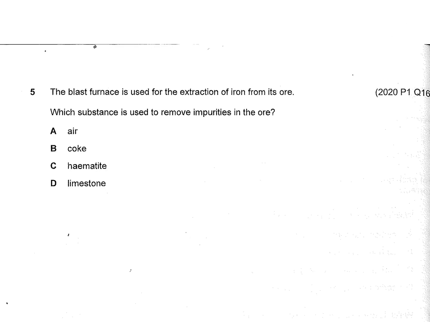Alright, let's look at your MCQ number 5. The blast furnace is used for the extraction of iron from its ore. Which of the substances can be used to remove impurity from the metal ore? Okay, so the 3 main raw materials added into your blast furnace are actually coke, your hematite, as well as your limestone. Okay, air is actually entering from the bottom, but it's not considered a raw material. The first 2 raw materials are actually used in the extraction of iron. Okay, so leaving the last raw material, which is the one that is added to remove the acidic impurity from the blast furnace. So answer for question 5 is actually